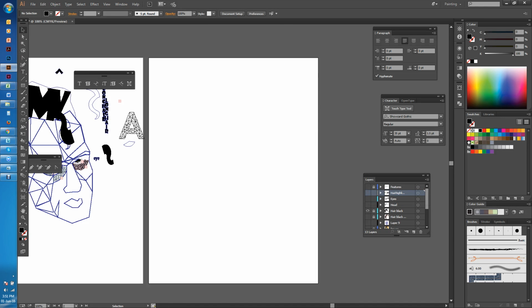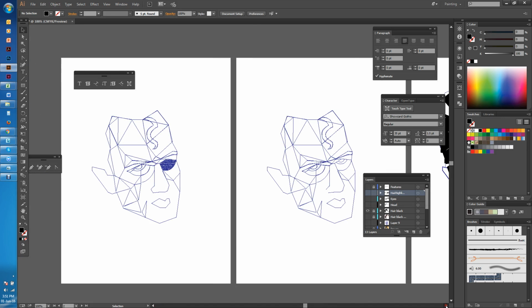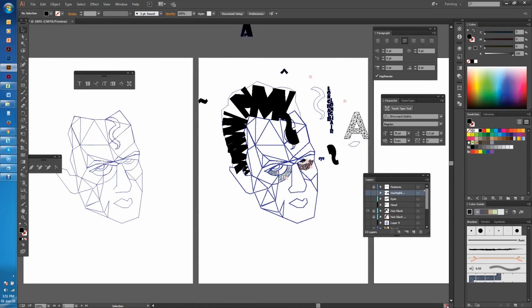So in my experimentation, let me just come over. This is where I've been doing some experimentation on my paths and things like that. And you can see that I keep duplicating my artboard because I don't want to lose work that I've done. So you can see here where I've got hair highlights. Let me just turn that off. I've got hair